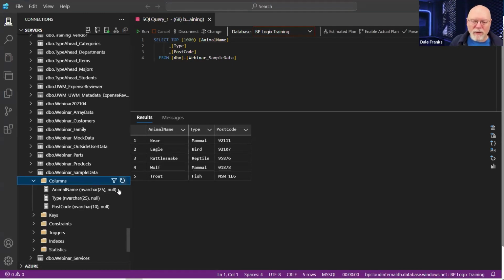Let's refresh my table. Okay, now they're all, because I used BP_string for all of them, they're all in varchar fields, text fields, 25 characters for the first two, and then 10 characters for the postcode. We won't really notice any difference when we rerun the select top 1000. It'll just give us our 5 records, and those 5 records look fine.